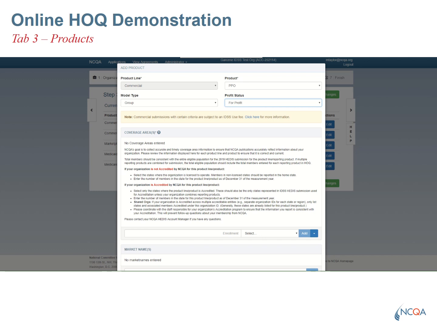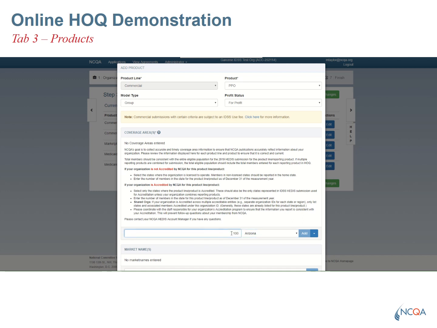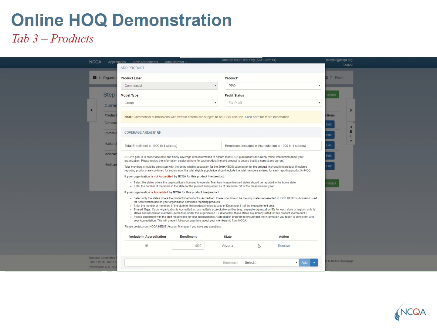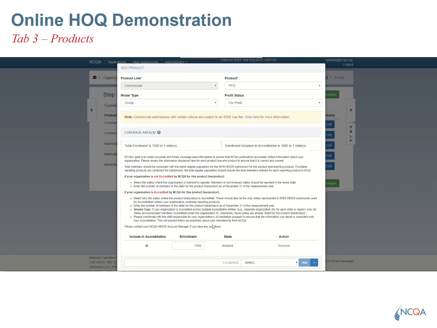So we're going to go and say that I'm in Arizona and I have members. It's a little weird the way it does this. You can't add it until you click on that state again. And then when you hit add, it'll pop up. And let's say I am accredited in Arizona only. I have other members that are a part of this commercial PPO, but Arizona is the only state that I have